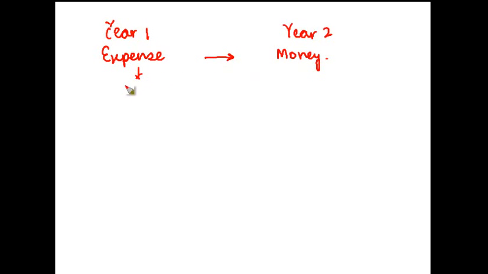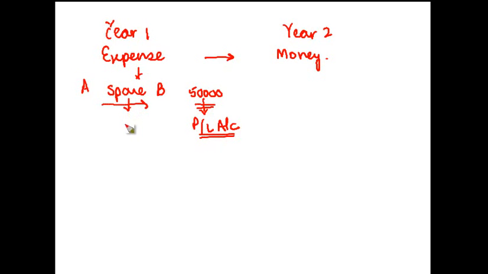So let's say, for example, A purchased some spare parts from B. Let's say the quantum was 50,000, right? And debited this amount to the profit and loss account. Subsequently, it turned out that the spare parts were of bad quality, and A told B, refund me back my money,